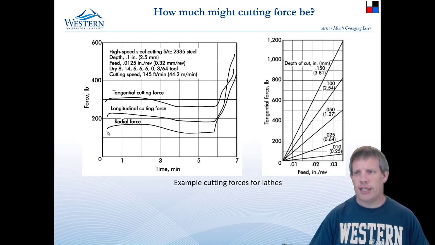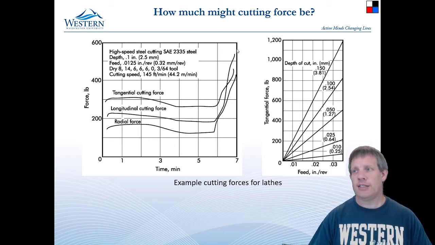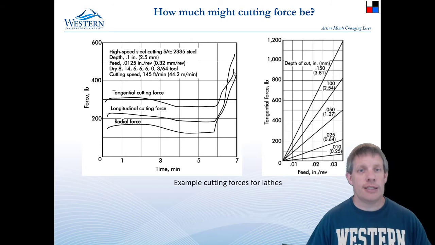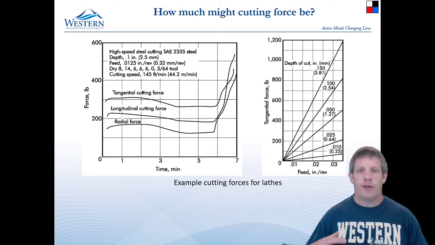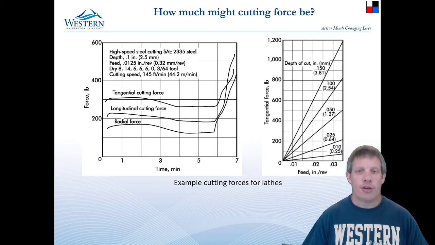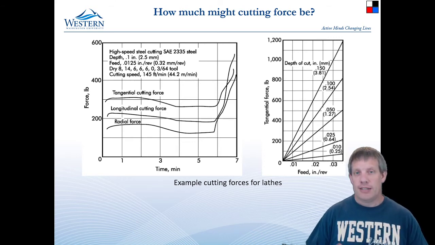This is another turning example, and you can see, depending on which direction you're looking at the force, this is on the order of 300 pounds for a while. But when the tool starts to dull, this goes way up and goes to like 600 pounds. So this is mostly serving as a reminder to you that when you do these calculations, you need to put in a factor of safety, because if somebody lets the tool become dull